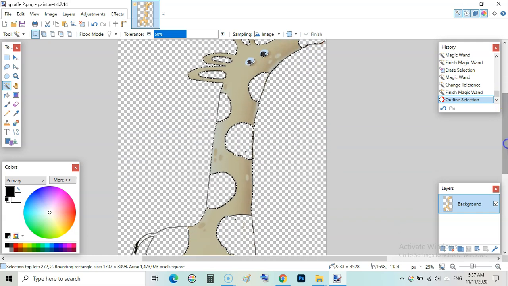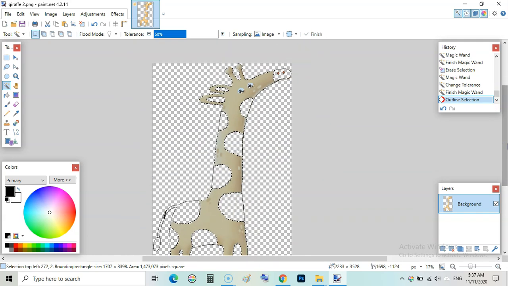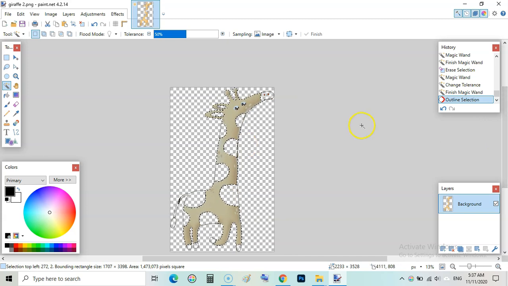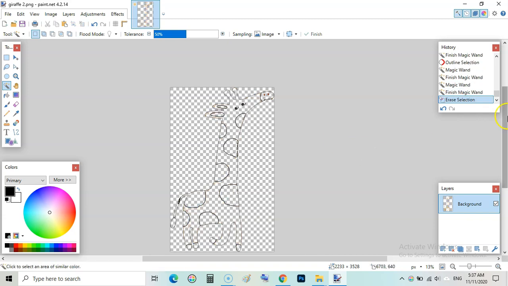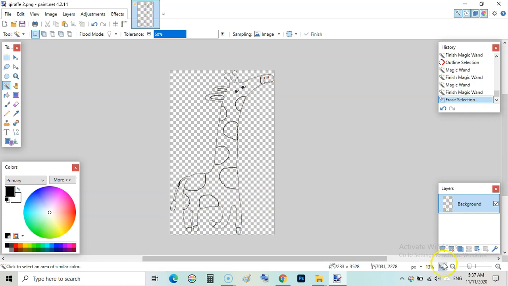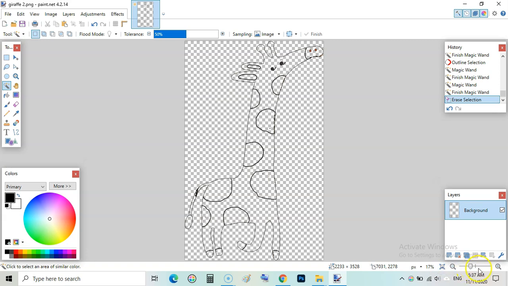Zoom in, zoom out. Again click outside and then click within this and hit delete from your keyboard. Now it seems perfect.